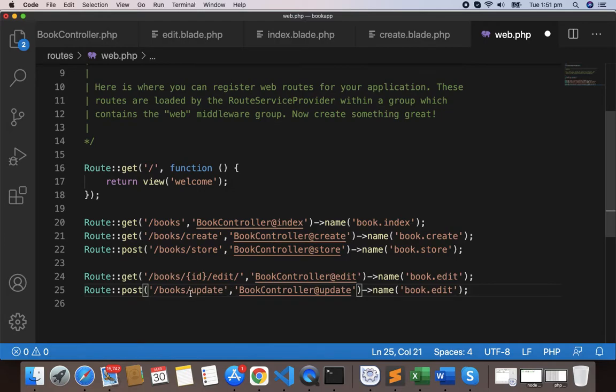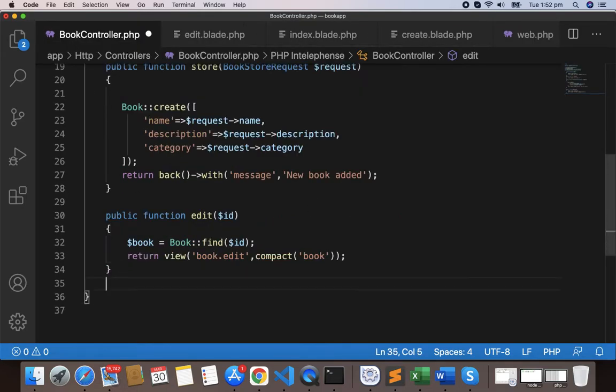and we have to find the ID of the record that we're going to update, and we'll simply write here update, posted update. Okay, so now let's go to the update method here. We'll make the update method here. Let's make the update method public, public function update,